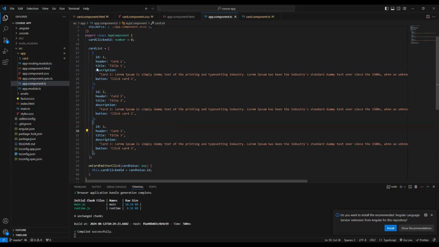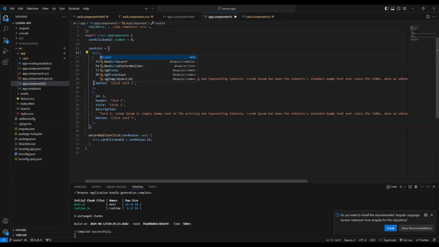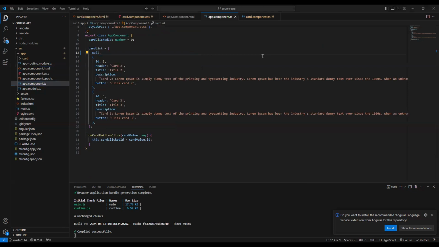So suppose there is a situation where one of the objects in the list is null. If I do this and check on the screen, it breaks. The card structure breaks, and this happens because if you see in the card,